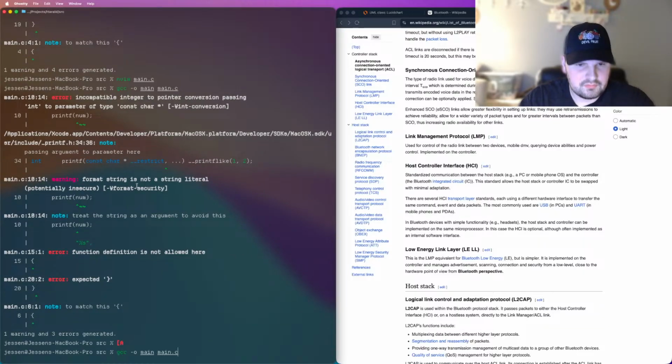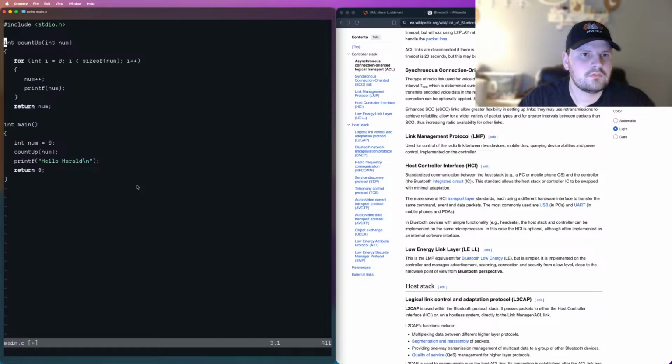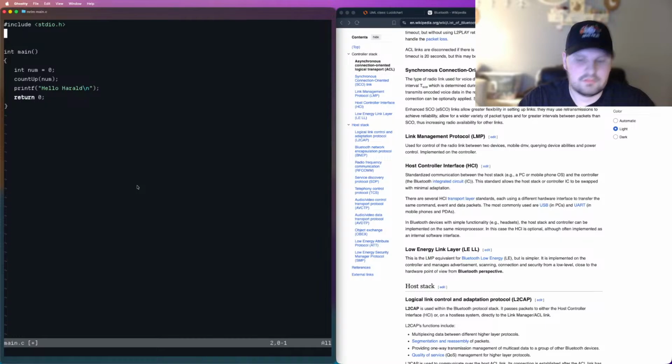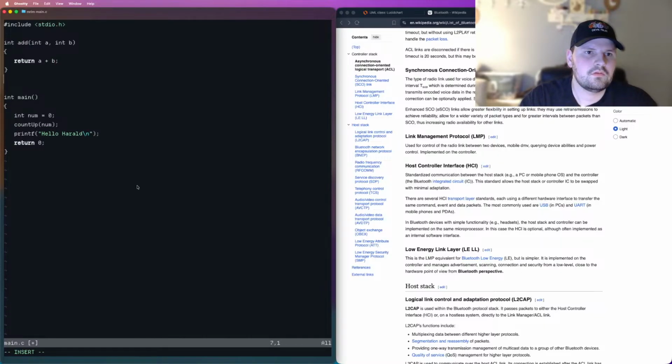We can start with something simpler maybe. So I need to learn how to delete multiple lines I can select. So we could just do int add, and then we could do int a, int b, or an a plus b, and then